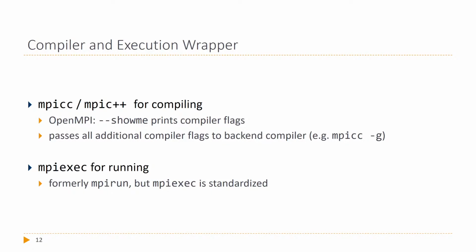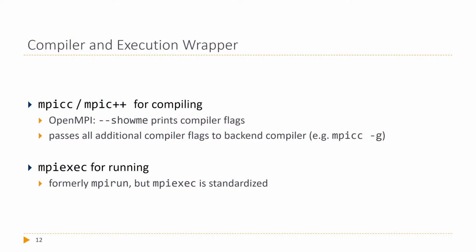I already touched on this yesterday a little bit. There's a compiler and execution wrapper for MPI. MPI exec we already heard several times. The compiler wrapper I also discussed already, so I shouldn't talk too much about this. The important thing here is that for OpenMPI, or for most other implementations, there's some compiler flag that shows you the compile options that will be provided to the backend compiler, because if it's a compiler wrapper, it needs to set